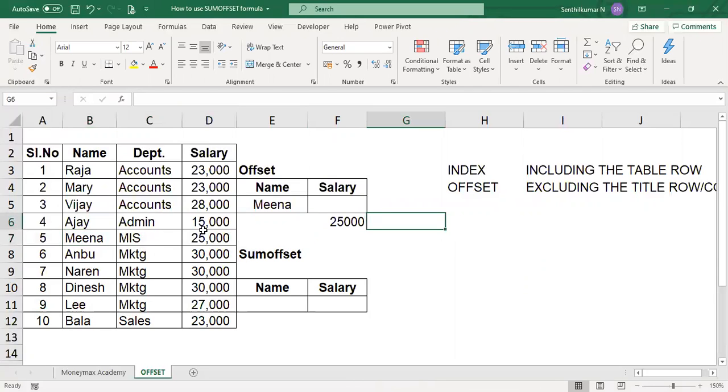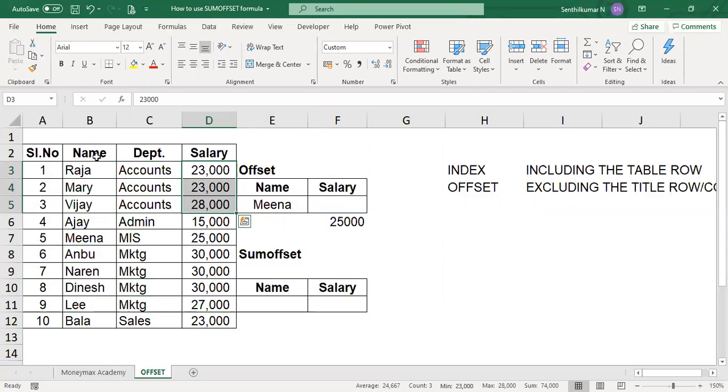Now offset is used with multiple functions, such as sum offset. For example, I am giving the table. 3 persons are working in the accounts department: Mr. Raja, Miss Mary, and Mr. Vijay. Ajay is working in admin, Meena in MIS, and 4 persons are working in marketing. 1 person is doing sales. Now you want to know the total of the accounts department.